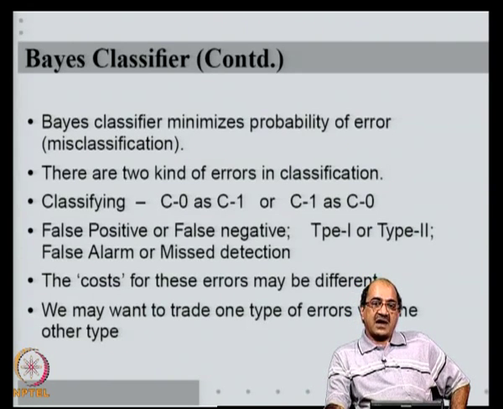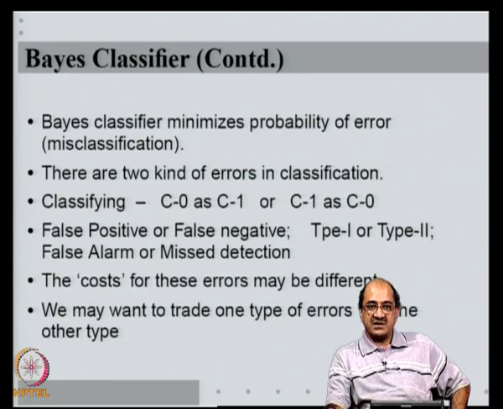Similar things happen in biometric recognition. Suppose I have an identity authentication system. You give your fingerprint to authenticate a customer. If he is a genuine customer but the system says he is not genuine, it is only a phone call from an angry customer. On the other hand, a non-genuine customer gives his fingerprint and the system wrongly takes him to be a genuine customer. That can be a real loss to the system.